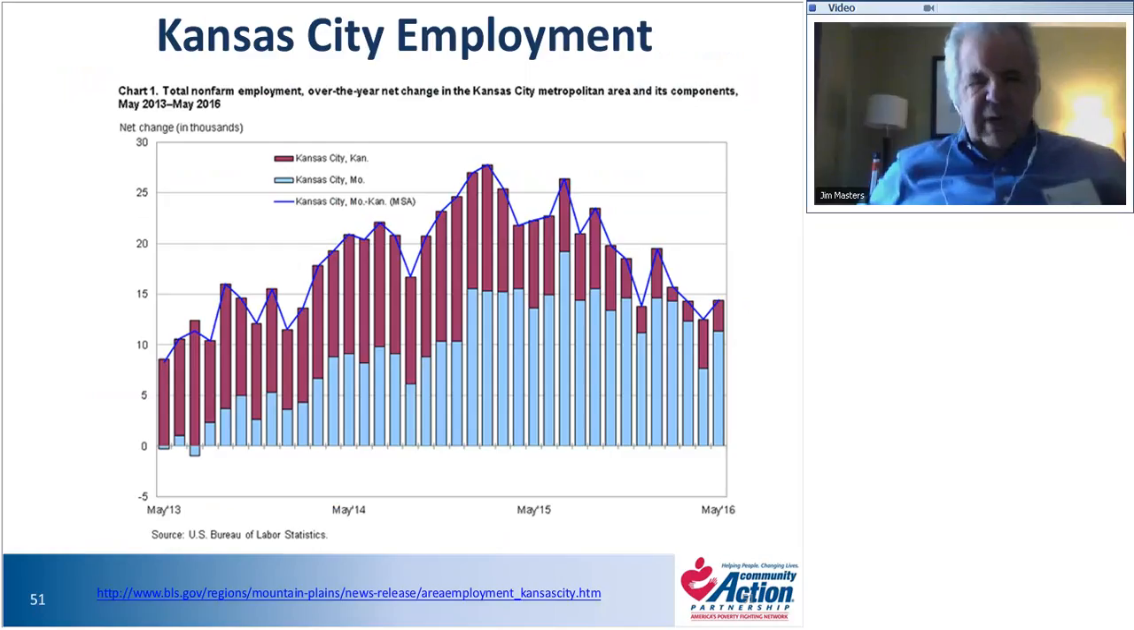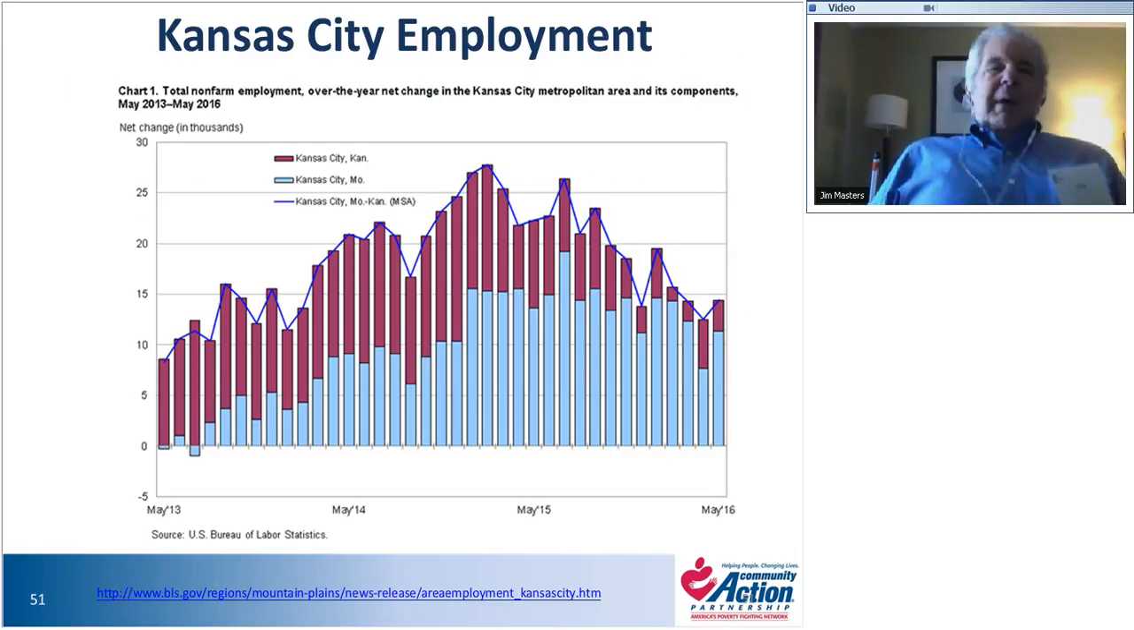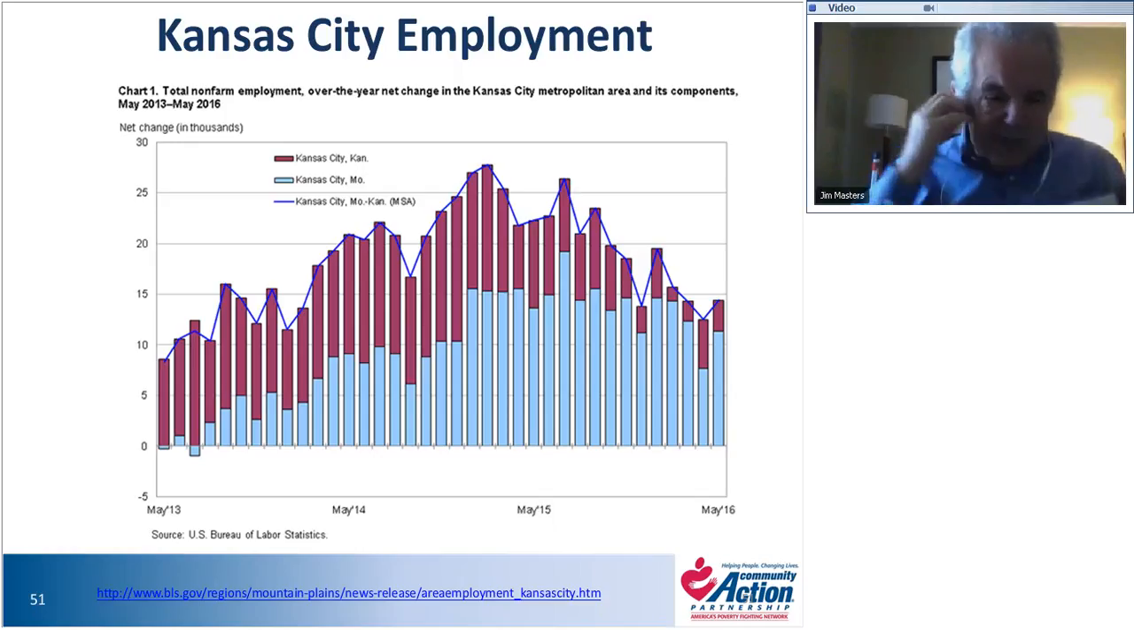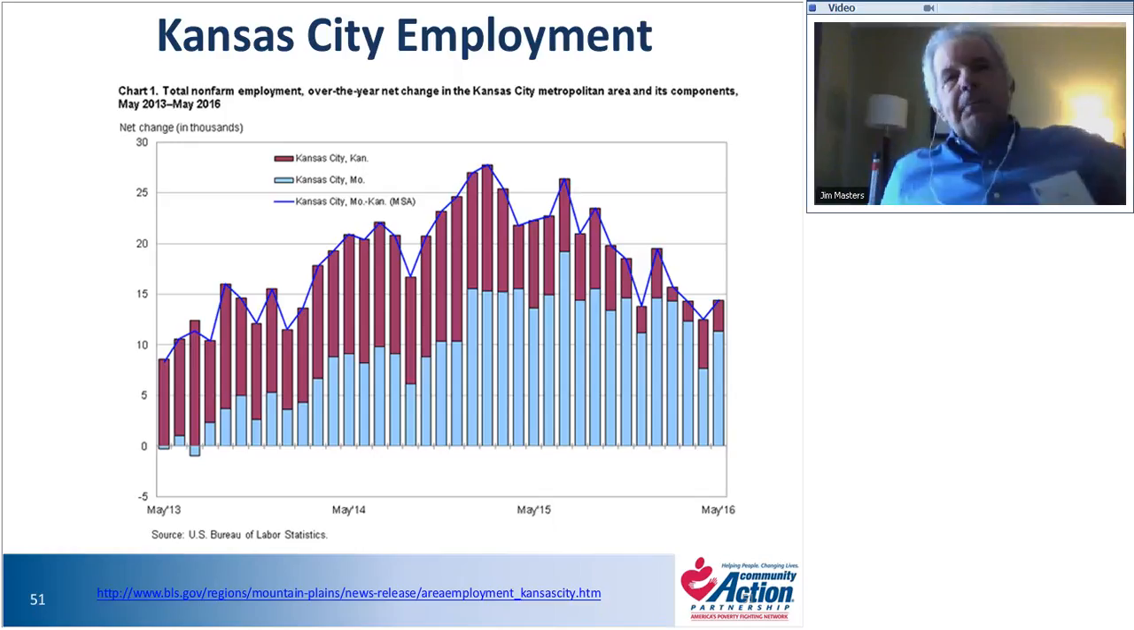Two things that surprised me about this. One is the much larger proportion of growth in employment in Kansas City, Kansas than Missouri on the left side of the chart, and then the dramatic tapering off. So I'm going to make a speculation here about that increase in employment in Kansas City, Kansas on the left side of the chart. A few years ago,